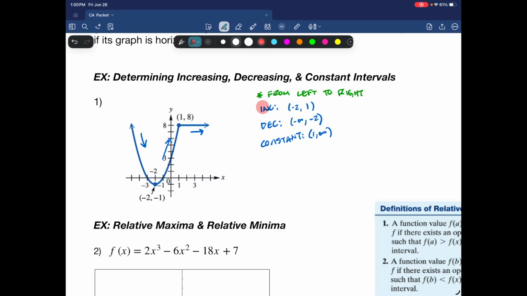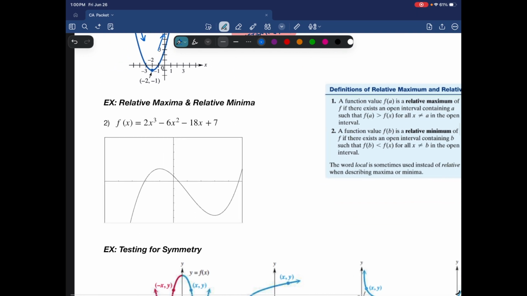It's increasing, decreasing, or constant from left to right over certain intervals. Now, depending on the graph, it could always be decreasing, it could always be increasing, it could always be constant. All three don't have to show up in the same graph. All right. Another thing that we can do is